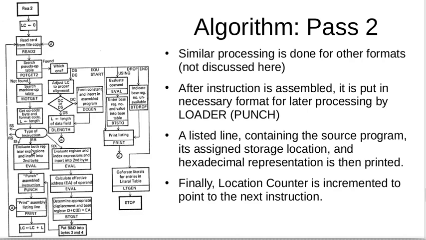So for RR instruction there is a particular evaluation, for RX instruction there are particular evaluation steps, followed in both cases by punching and printing, and then the location counter is incremented. If you have any problem understanding this part, please pause the video, go back a few slides and come through these steps again. I am sure you will understand. Okay, moving ahead.